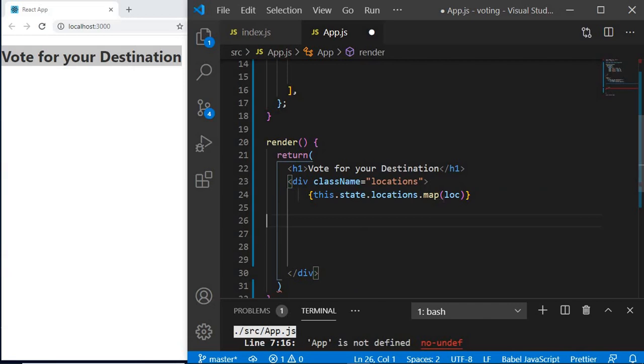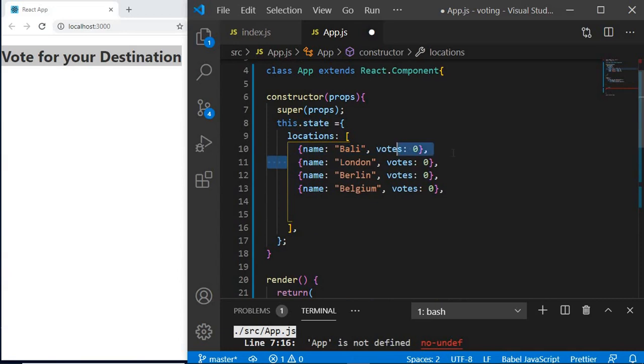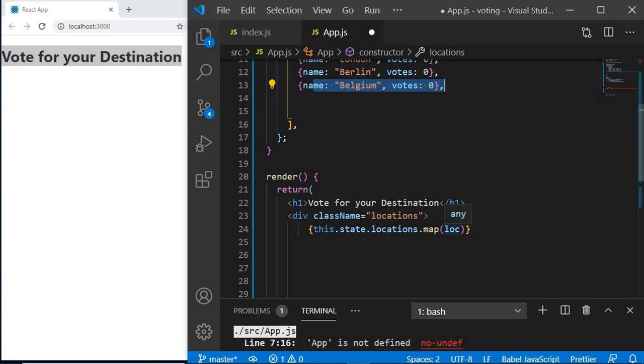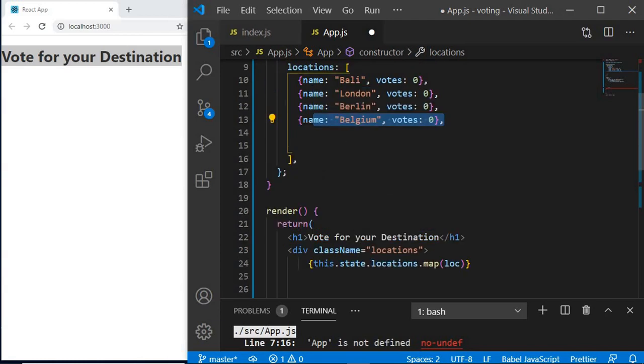loc, meaning loc will access each of the items in the array. So loc will go to the first one, then the second one, then the third one, and then the fourth. So this is a variable that we have defined that will map over each of the locations, right? And then let's give it an i. This is another variable that will keep the count, that is the index value actually. So this will increase each time. Now we can go ahead, open our brackets, and inside of this, once it has mapped,